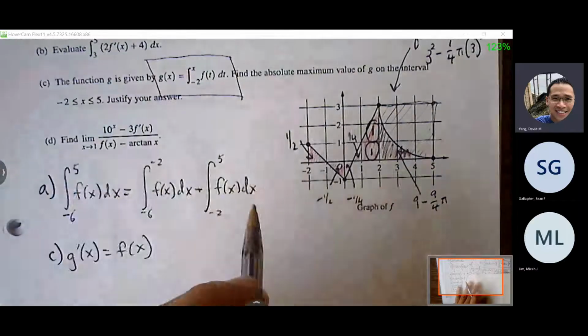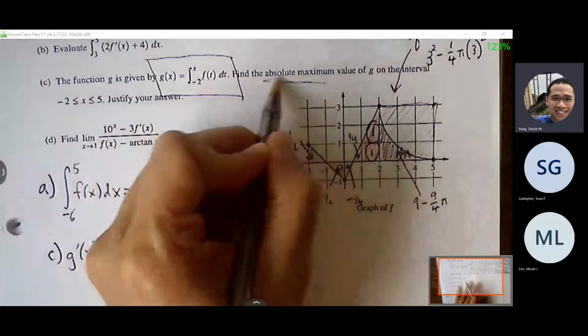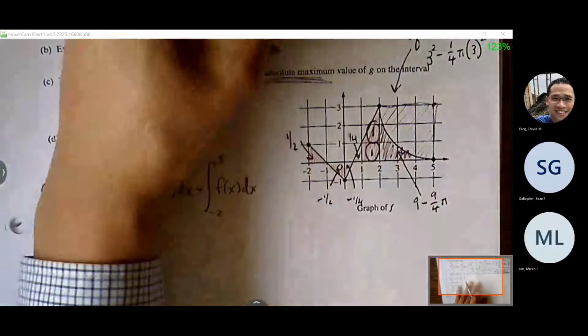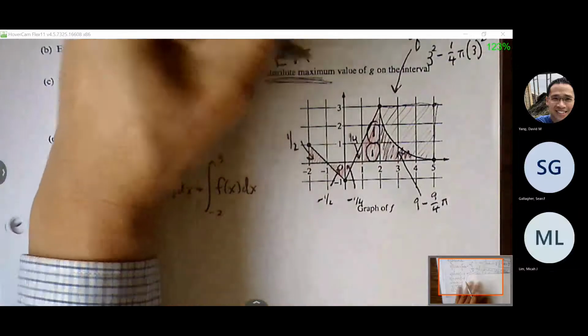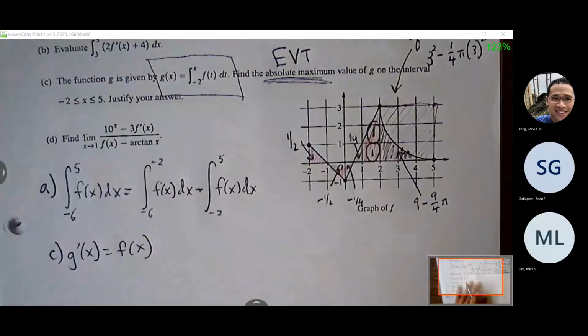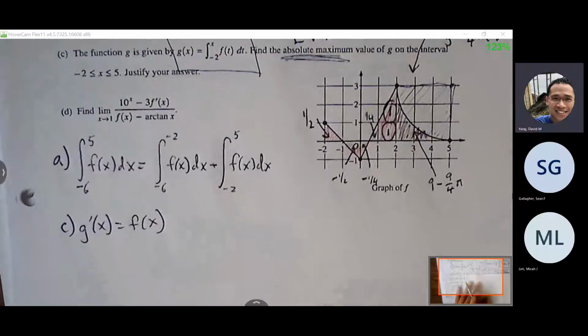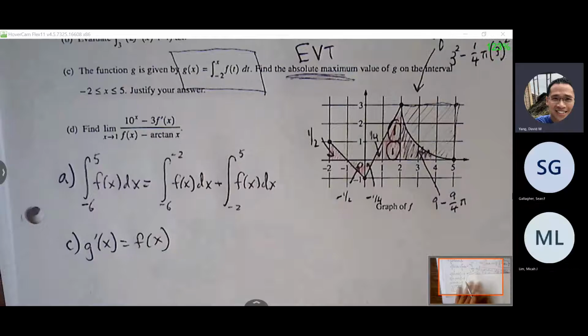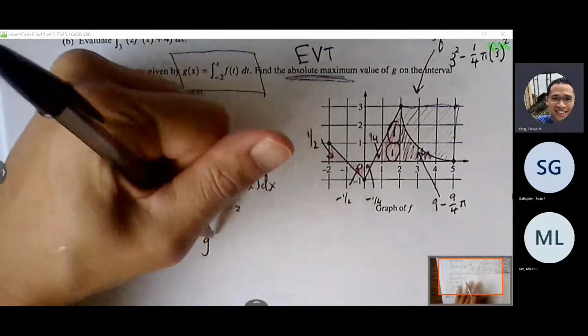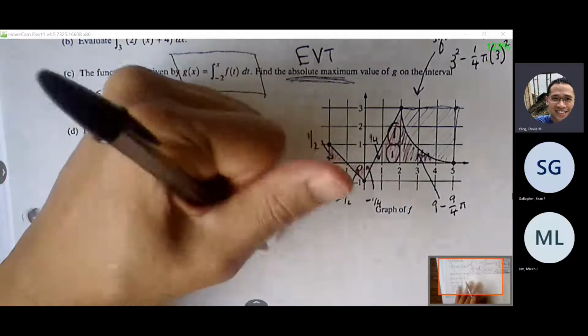Okay, find the absolute max. So for the absolute max, we have to involve the extreme value theorem, on the interval from -2 to 5. Well, let's create a sign line and see if we can find our relative max and relative min. So this is our g prime graph